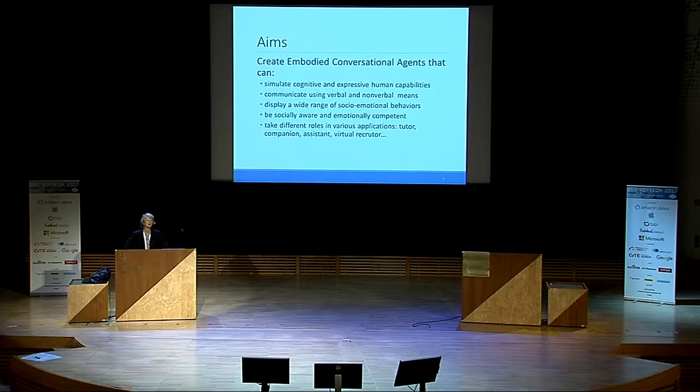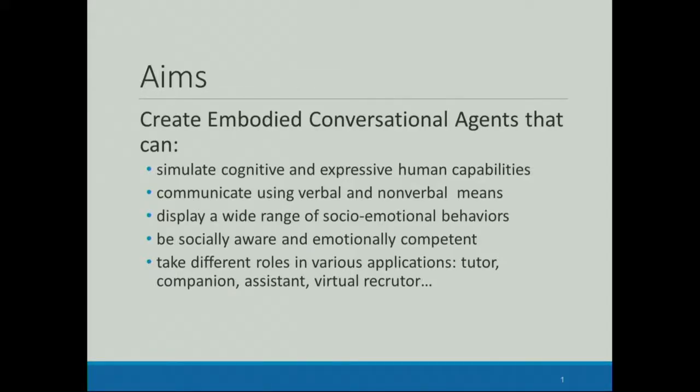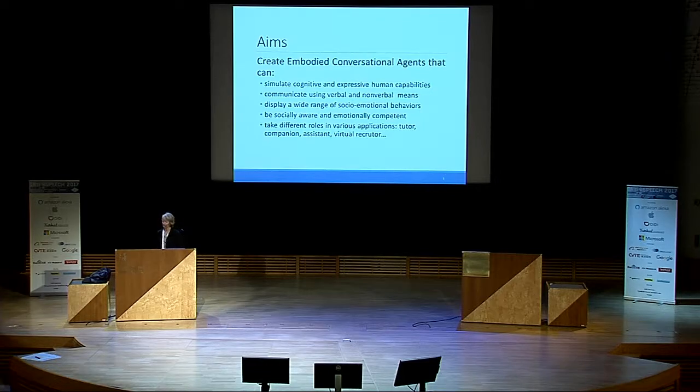So the aim that I've been looking at for many, many years is to create those virtual agents that are often referred to as embodied conversational agents. And we want to endow them with human communicative capabilities. That means that we want to ensure that those agents will communicate through verbal and non-verbal means. And they will be able to display a wide range of social-emotional signals and also be socially aware to fully interact with humans,